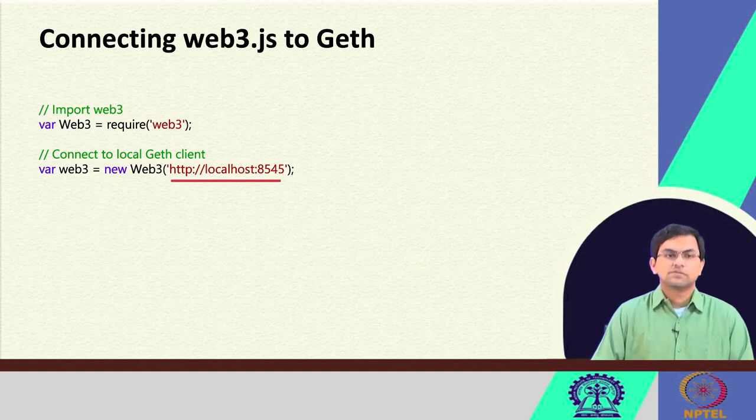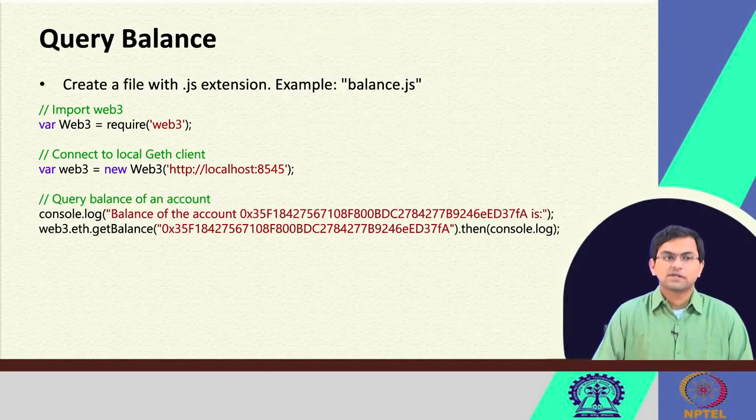to Geth. From this slide, in the second line, you can see var Web3 equal to new Web3, and inside that we are passing an argument, which is the URL of the RPC over HTTP endpoint. So it is http://localhost:8545. 8545 is the port number where the Go Ethereum client has opened the RPC endpoint. After this, Web3 is configured to connect to the Go Ethereum client using RPC over HTTP, and we can use